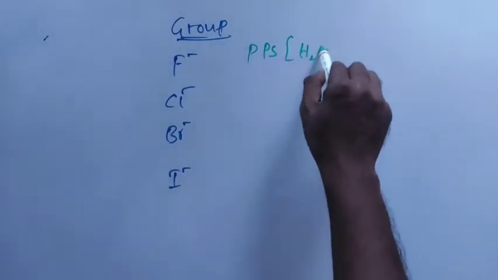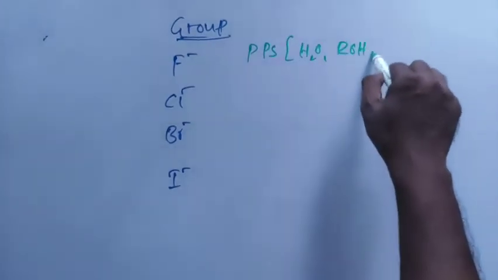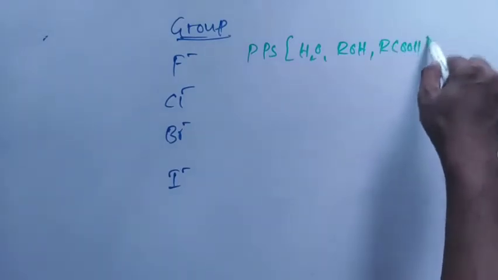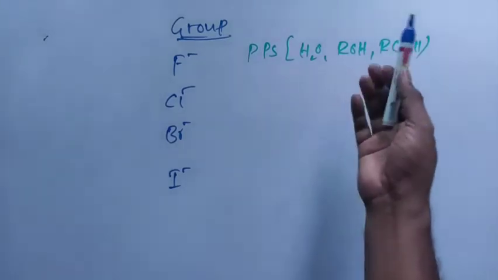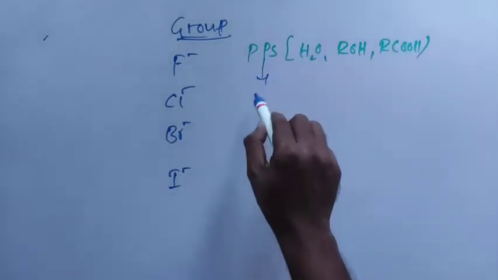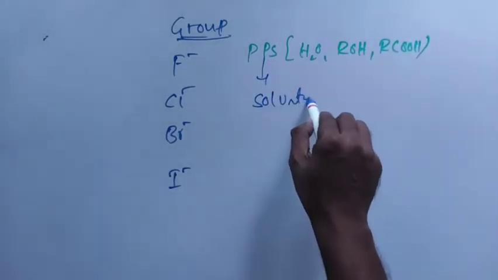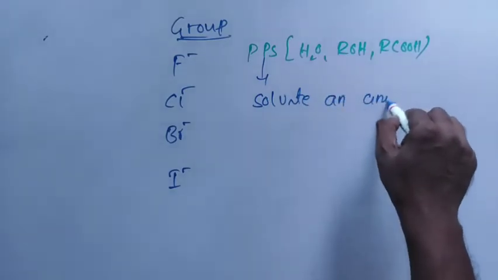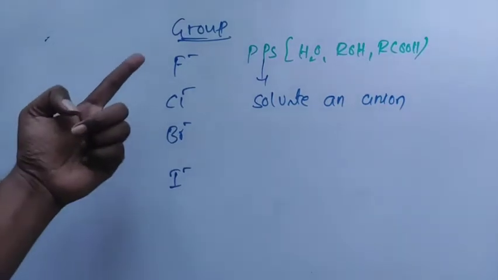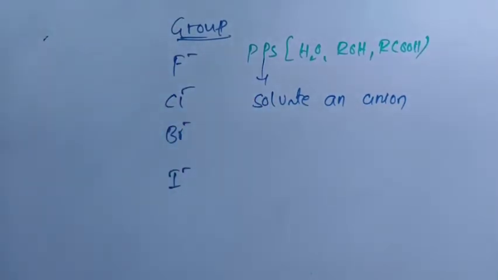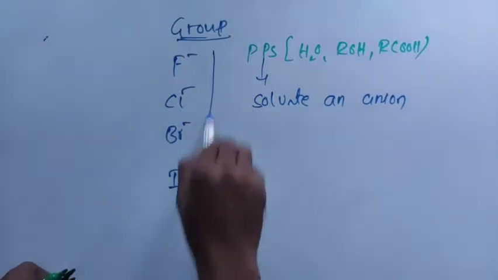What is a polar protic solvent? Water, alcohol, acid. All these are polar protic solvents. A polar protic solvent can solvate an anion, which means it surrounds the anion. So from your periodic table knowledge, down the group